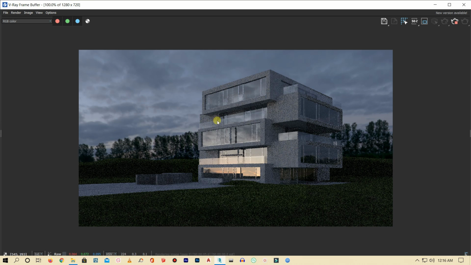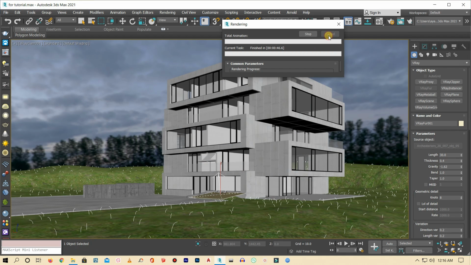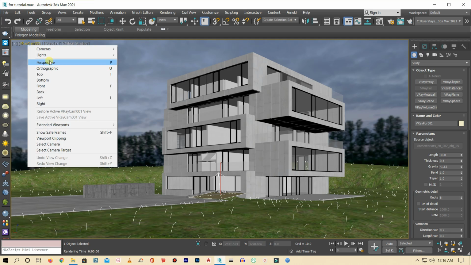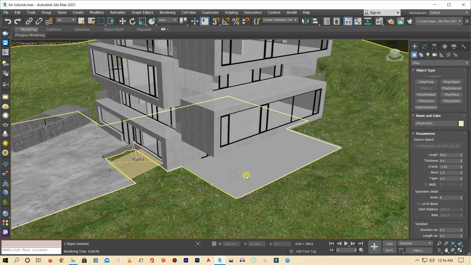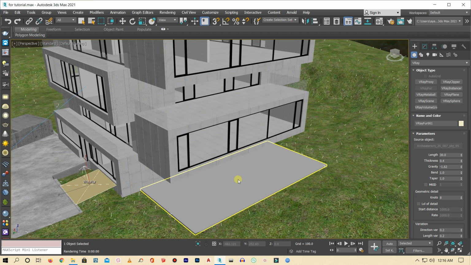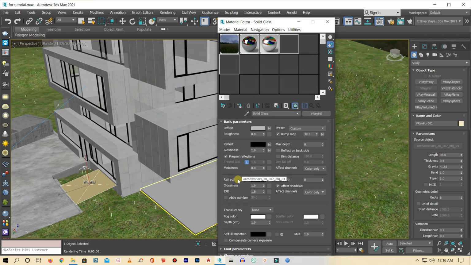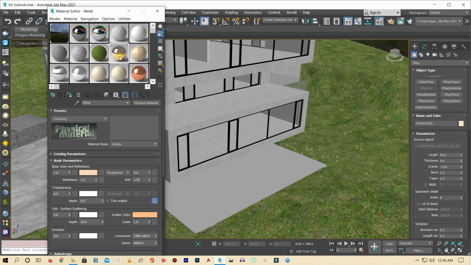Maybe we have this patio. We didn't assign any material here. I would like to put some wood planks here. So go to material editor again, select a slot, physical material, V-Ray MTL,